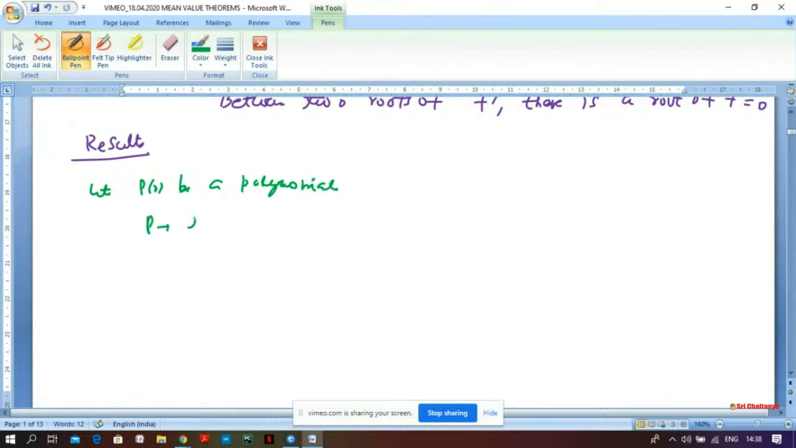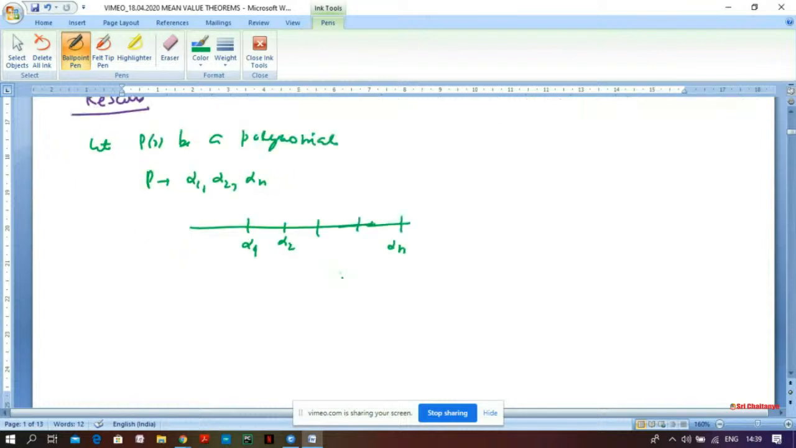and suppose p has roots alpha 1, alpha 2, all the way to alpha n. All these numbers are roots of p. They may be repeated also, but for now, if they are repeated, just one alpha will come here; we'll write it only once. So the roots are arranged in order, and all these numbers are such that p(alpha) is 0. So you are saying that between two roots of p,